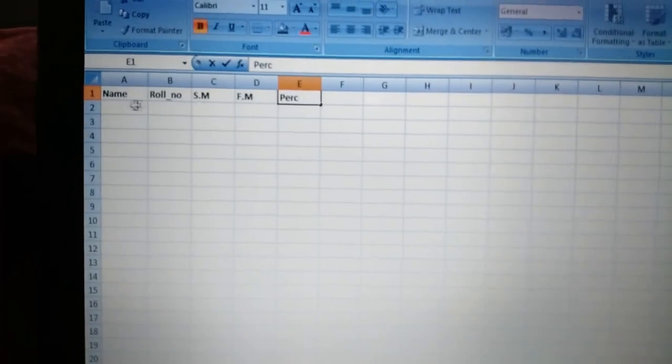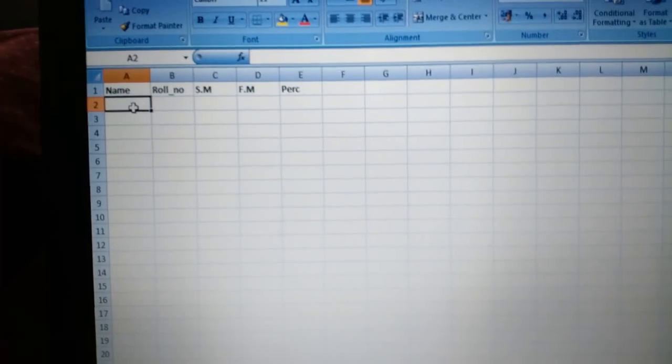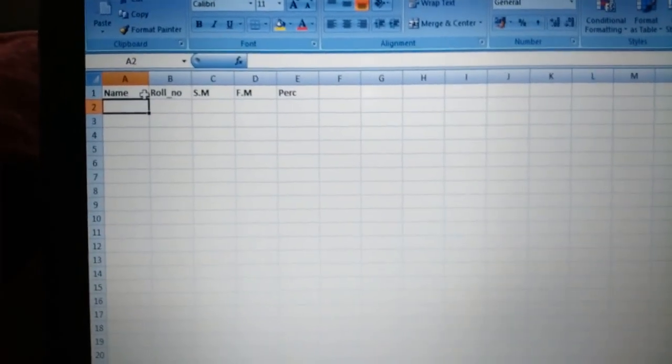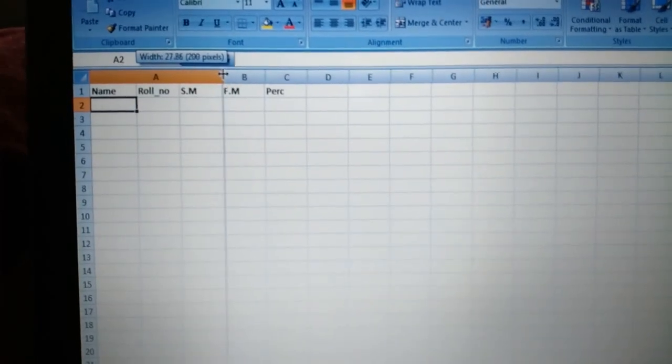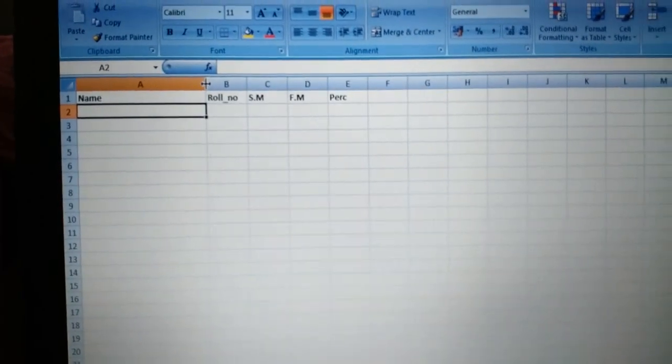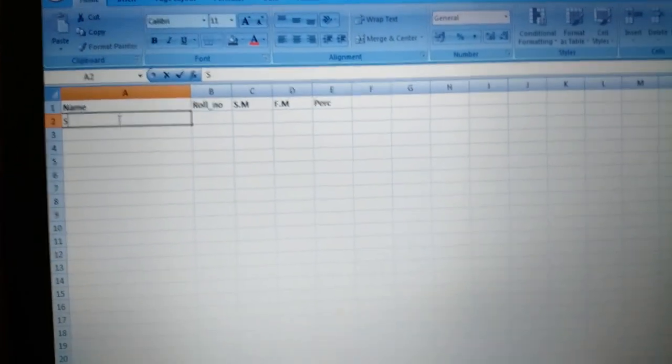As you can see here, in this small cell we cannot write the name of the student, so we have to enlarge it. We just drag it right so that it will be bigger. Just write the name.